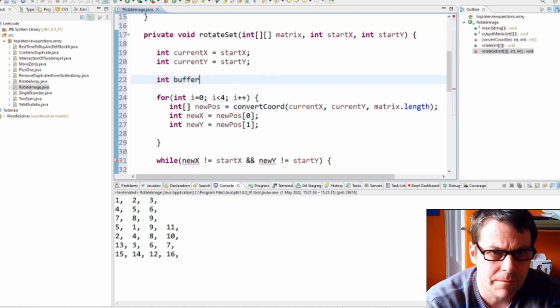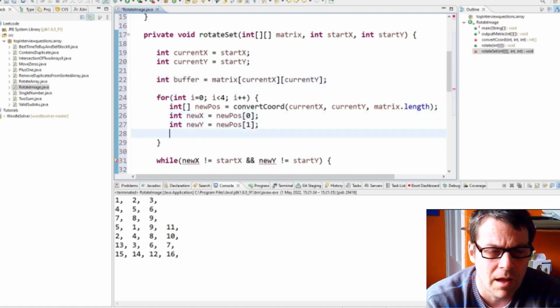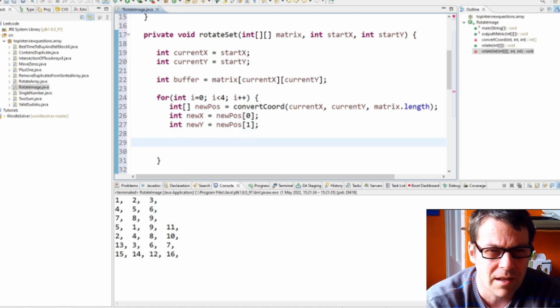Int buffer equals matrix current x, current y, and then I need to put the number in the buffer into the new position, but get the number at the new position and put it in the buffer first. So int temp buffer equals matrix at new x, new y,